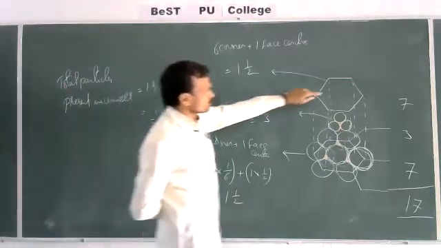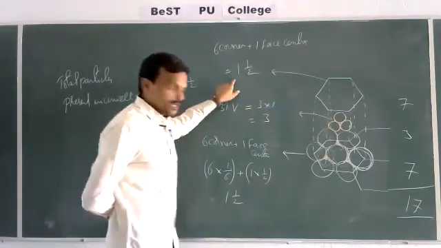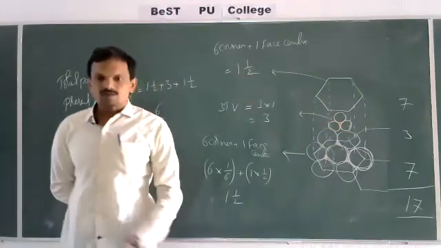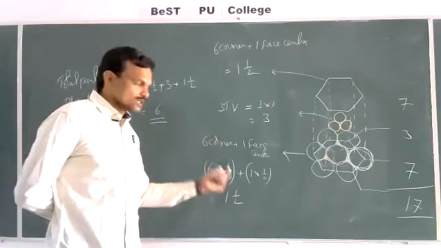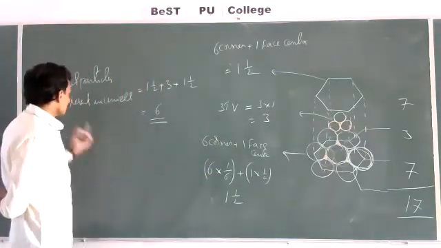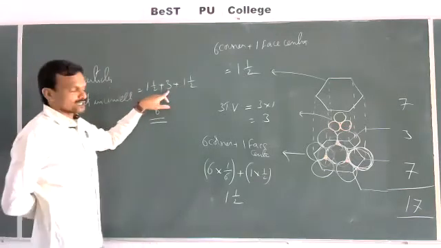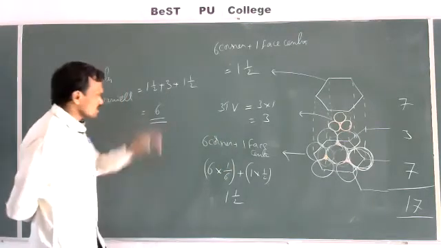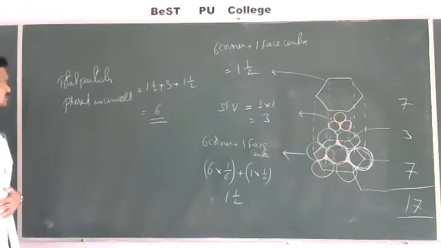Now come to this. Same as here, 1.5 particles are present. Now these 3 particles are occupying tetrahedral voids. They will not be shared with any other unit cells. So the total particle belongs to the unit cell only. Now the contribution of particles is 1.5 in the upper plane, 3 in the tetrahedral voids, 1.5 in the lower plane. Total number of particles in the unit cell is 6. This is the calculation of the number of particles in the HCP lattice.